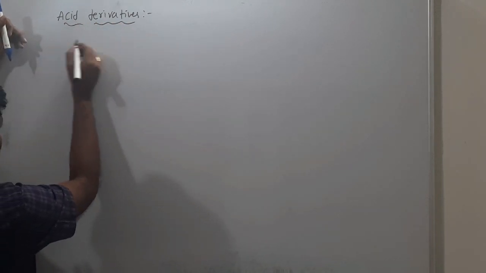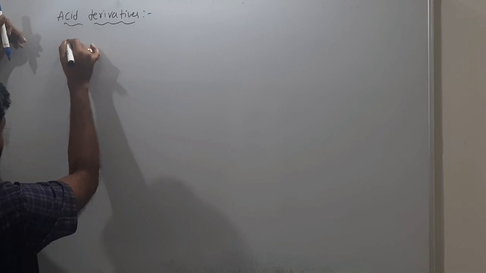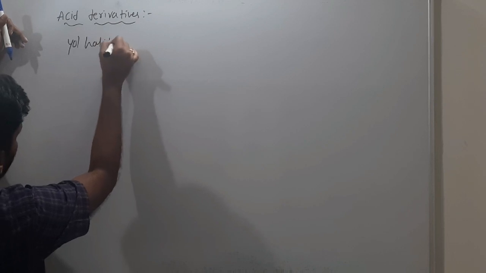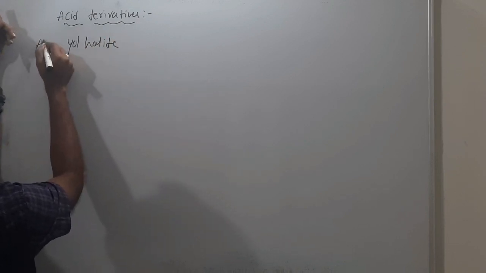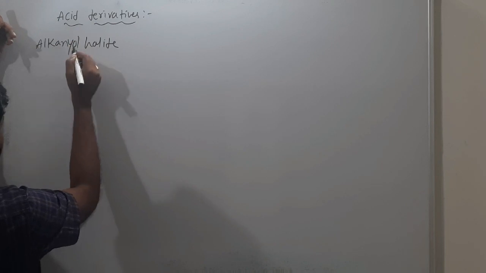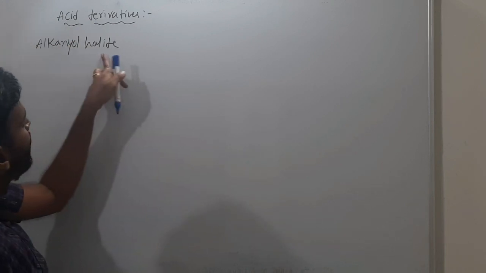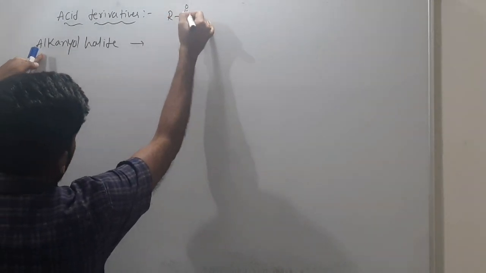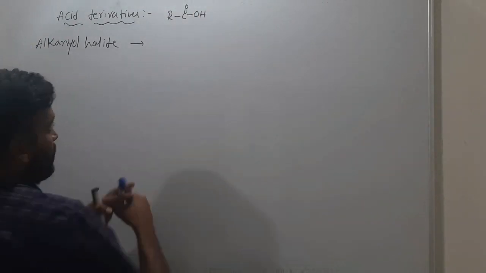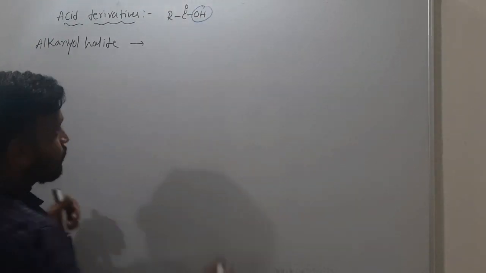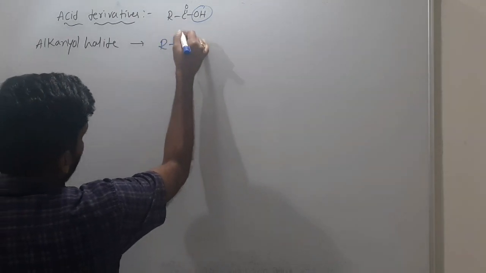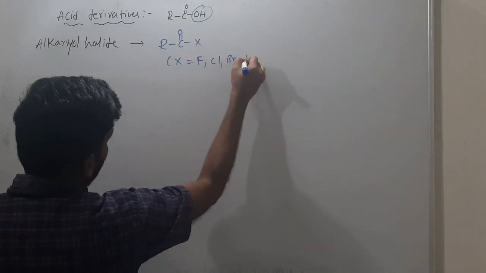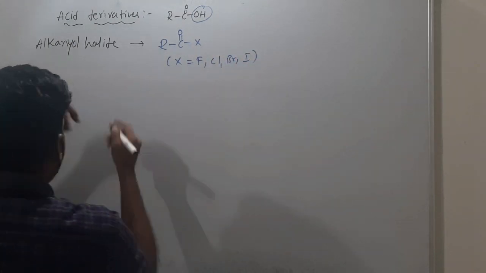See, acyl halide, ethanoyl halide, okay. So oyl halide, okay, alkanoyl halide, okay. So here carboxylic acid means you have R-C double bond O-H. So this OH is replaced by some groups like that. So R-C double bond X. So X here, I told you fluorine, chlorine, bromine and iodine. Why am I giving this? Just to say names like that.